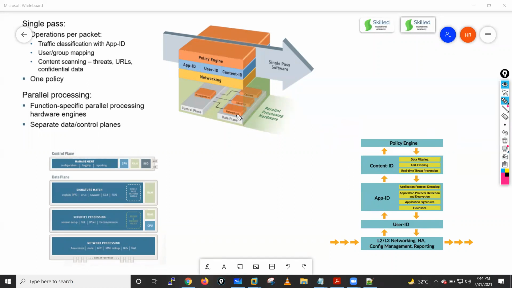Means it will receive the packet. First it will put that packet into the networking engine, then user ID, then app ID, then content ID, then the policy engine. After that, it will forward this packet from the outside interface. Okay, now